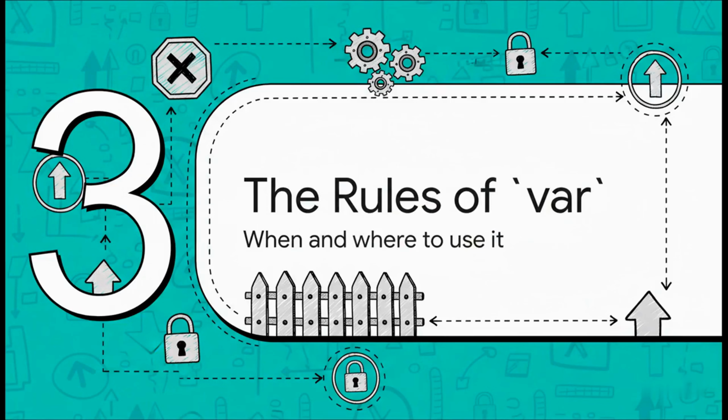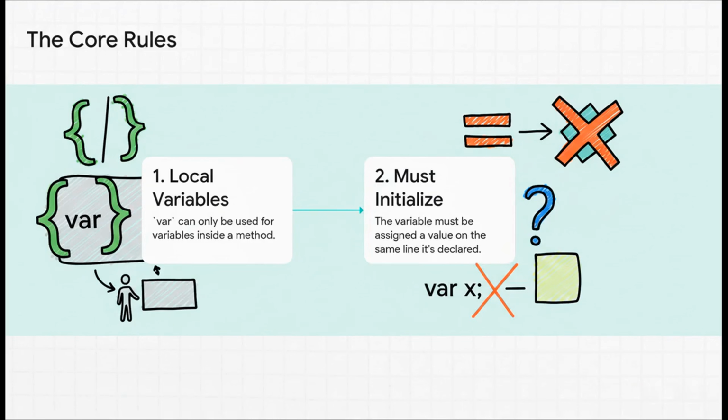All right, so var is obviously really powerful, but you can't just throw it around everywhere. It's not a magic wand. There are some very strict rules about when and where you can use it, so let's go through them. There are two big rules to remember. First, var is for local variables only. That means it has to be declared inside a method or a similar scope. And second, you must initialize it on the same line. You can't just write var x and leave it hanging. The compiler needs to see what's on the right side of the equal sign to figure out what the type